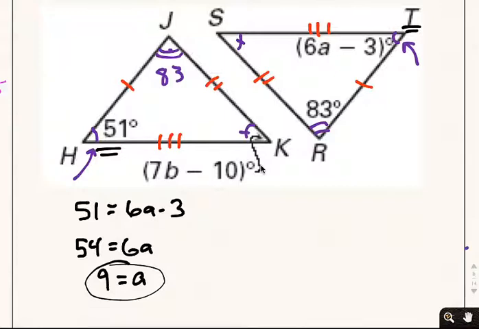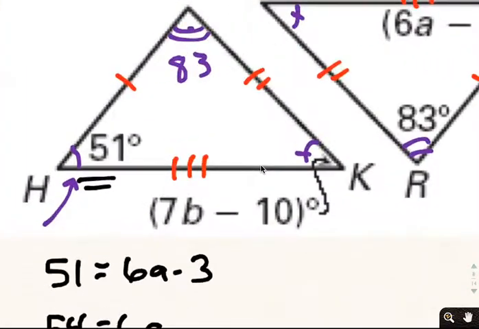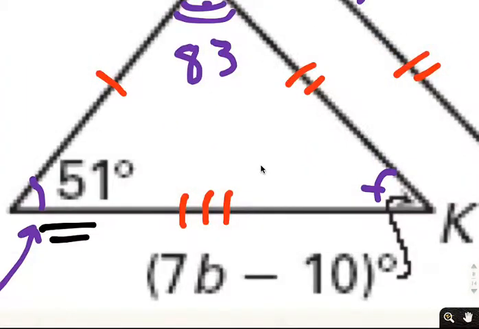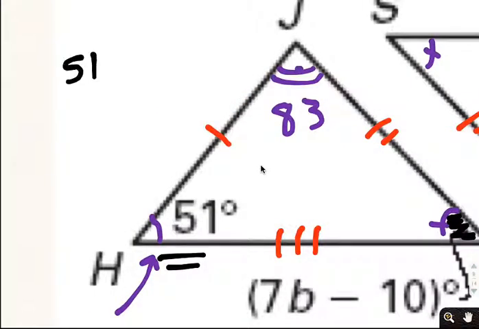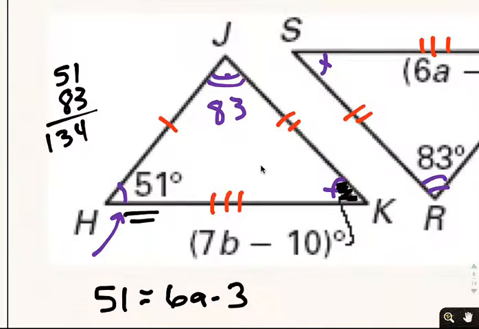Now from here we could proceed a couple different ways. We can substitute it back in and try to figure out a match. But if I'm looking at this triangle, I know this angle right here is marked to be 7b minus 10. But look, if this is 51 and that's 83, I should be able to tell this angle. 51 and 83 make 134, which makes this remainder angle, the one that's marked at K, have to be equal to 46